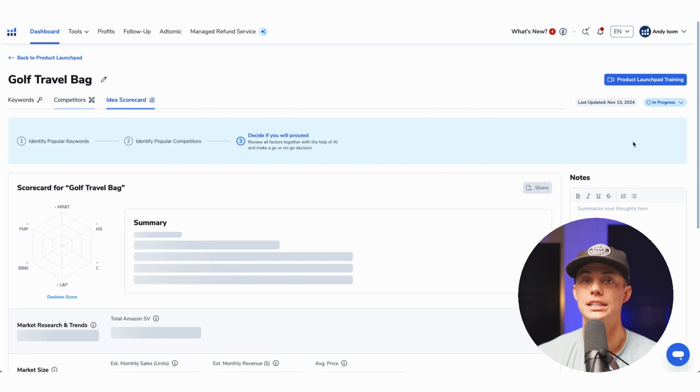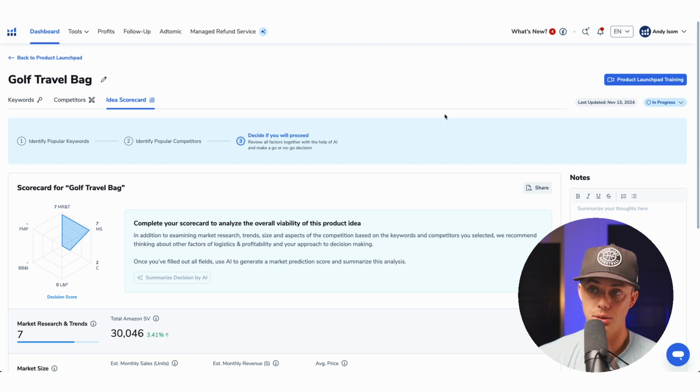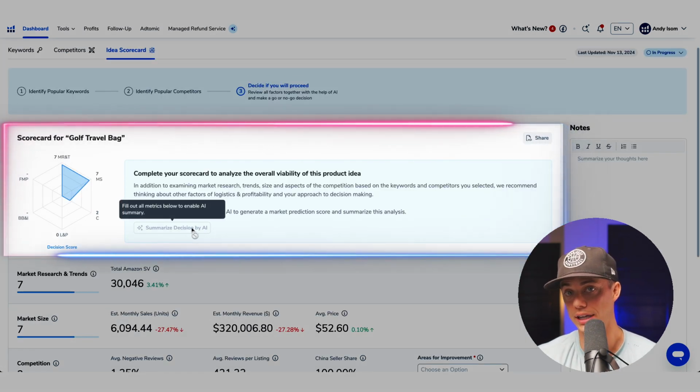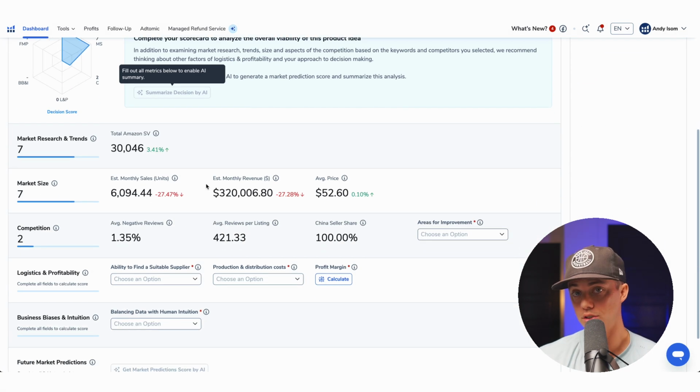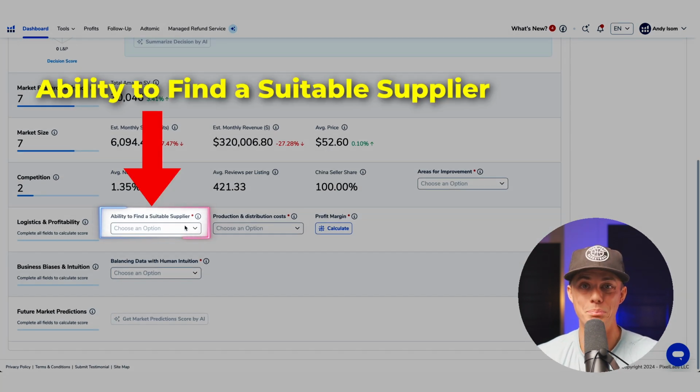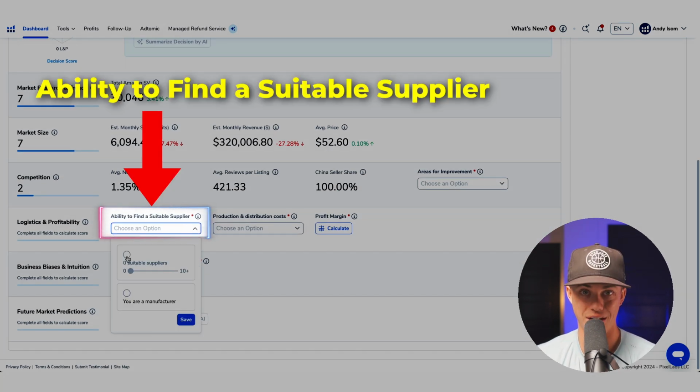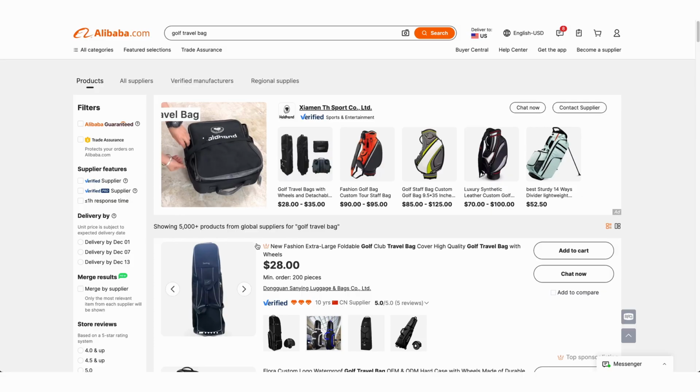The final step is the Idea Scorecard. Here you'll see where an AI summary can be generated to give insight and advice for the product idea. First, we'll need to fill out all the remaining fields below. You can enter in a score of 0 to 10 of your ability to find a suitable supplier. I use this more as a score than an actual number of suppliers,